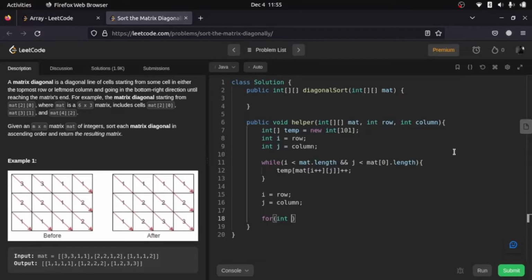temporary array. i, j, k is available, right? So we'll start from 1 because 0 is always going to be 0, so it doesn't make any sense. Then we go, okay, k less than 101, k plus plus. Okay. Now, one more thing that we need to take care of is that